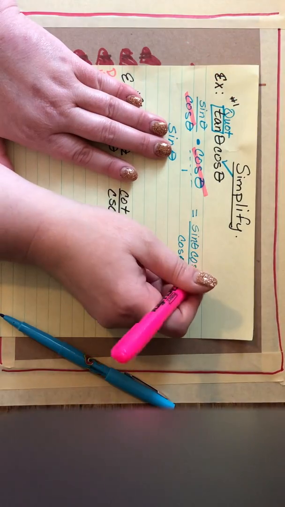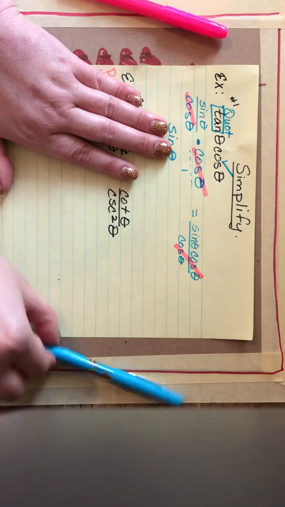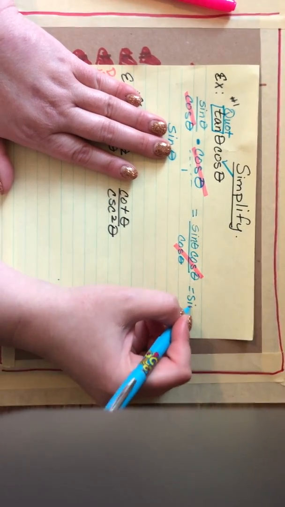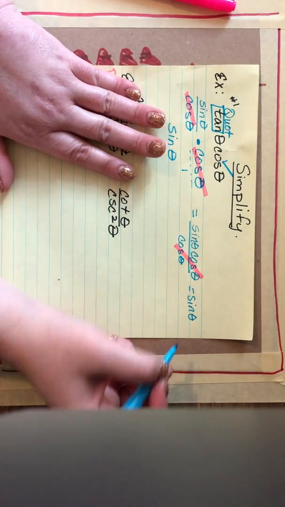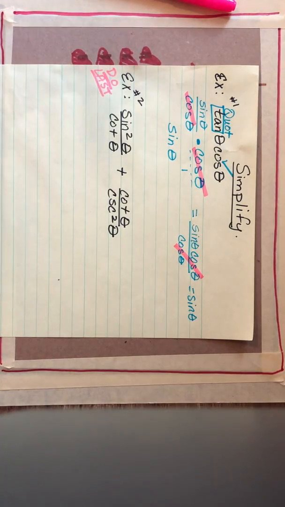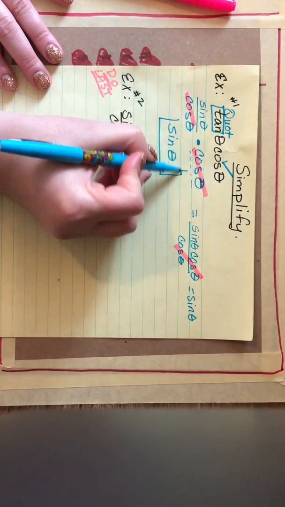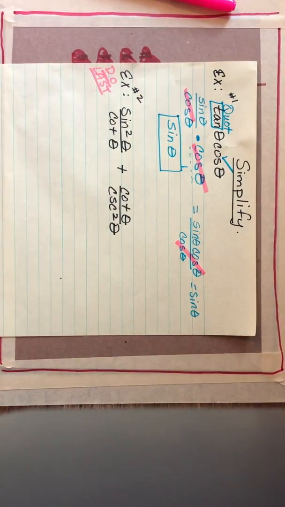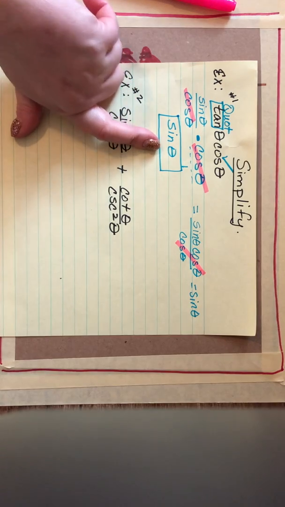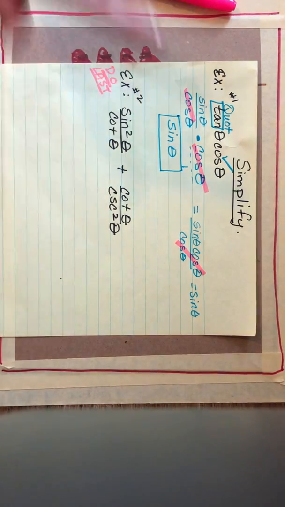And then, shoot fire, look, those cosines cancel, and you just get sine theta. So anyway, we simplified it, and my answer is just sine theta. So on your homework, in the little box that you type in your answer, you're just going to type sine. Okay, don't get cocky. They're not always this easy. Okay, we're actually going to